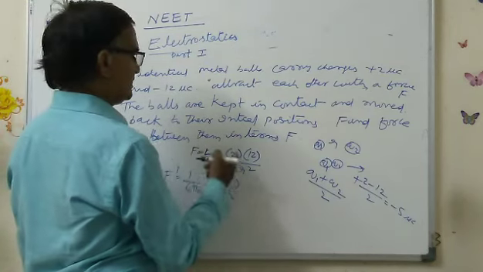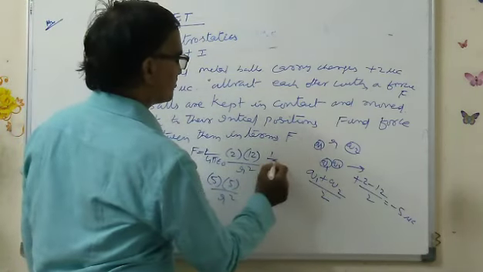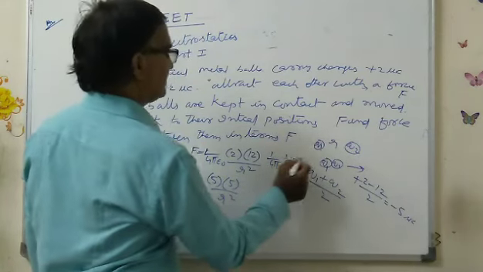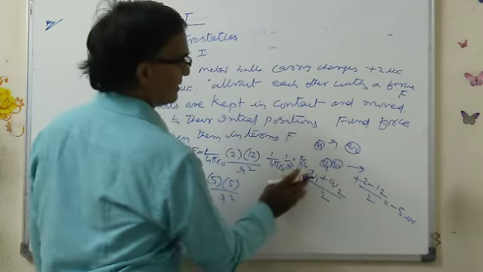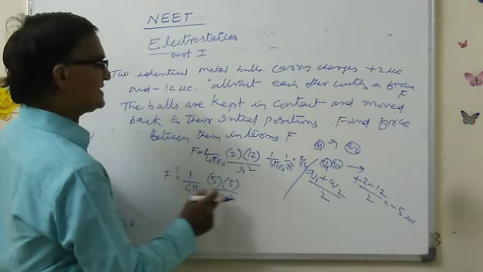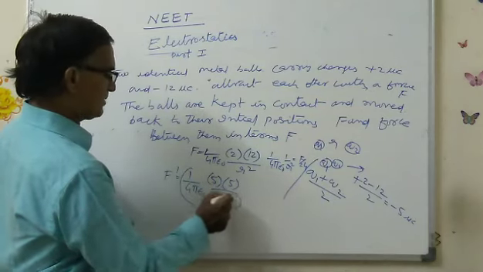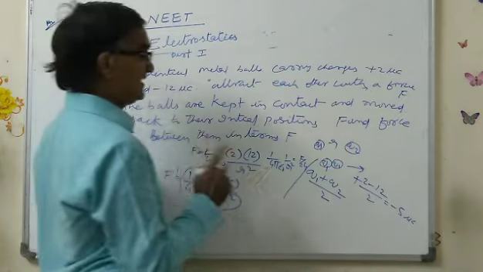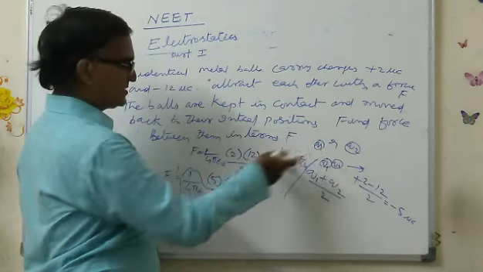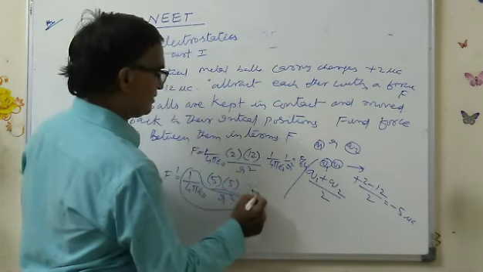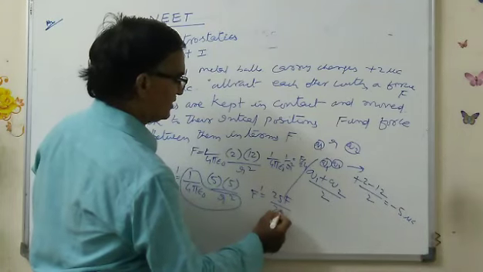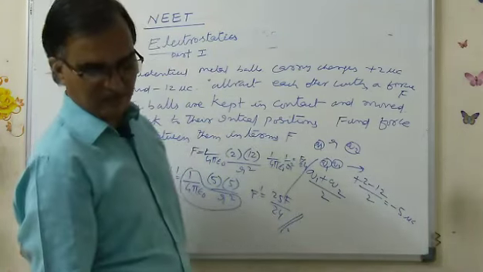Now what did you get here? This is 1 by 4 pi epsilon naught into 1 by r square, and you are getting F by 24. Now in this place we replace directly this 1 by 4 pi epsilon naught r square. This is a technique you have to use in entrance exams. Don't simplify, don't divide like this; it is a laborious process. You just substitute this F by 24 value here. So how much will it be? F dash is equal to 25 F by 24 is the answer. This is one model.